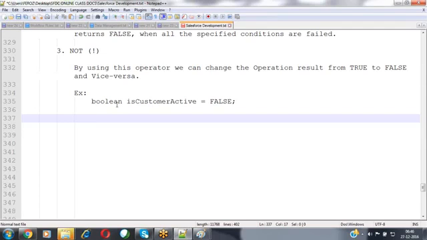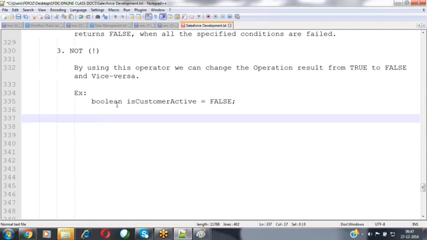For example, assume that I have opened a bank account. Almost 1 year back, I created a bank account. I used that bank account for 6 months, and from the past 6 months, I haven't performed any transaction inside it. I haven't used my bank account to deposit or to withdraw an amount. So whenever you're not using that bank account for 6 months, automatically your bank account will be in inactive status by default. They will change that status to inactive. So if the account is in inactive status, then we cannot perform any transaction again.